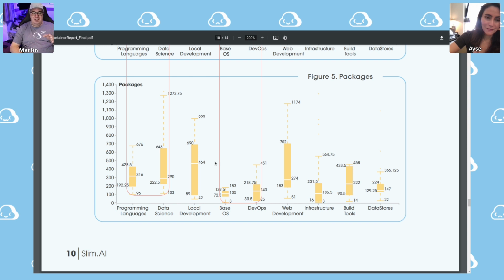The second thing is base OS. Just observe how small those numbers are by comparison. And later on, I think there's another graph where I can dive into why the numbers in that category are very different from all of the others. Yes, that category seems to be an outlier, behaving very differently. But I'm glad that we created these containers because, as opposed to looking at individual differences, now we can compare and contrast, which is really helpful.